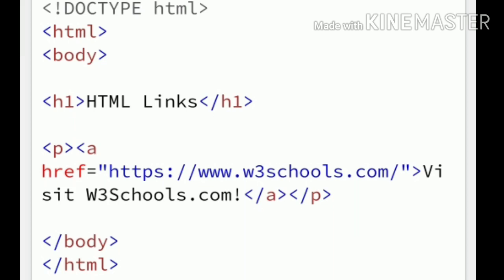Our college site will open when you execute your program.